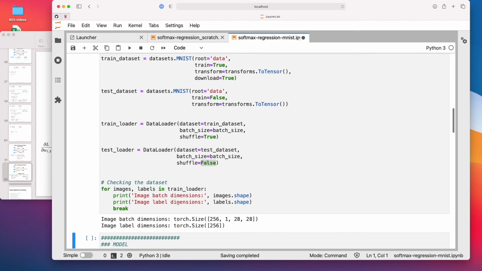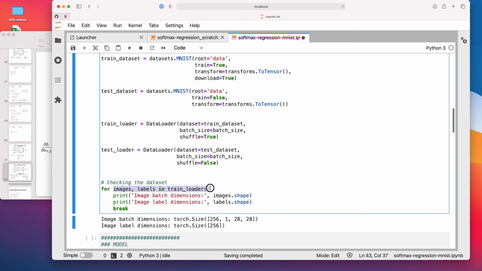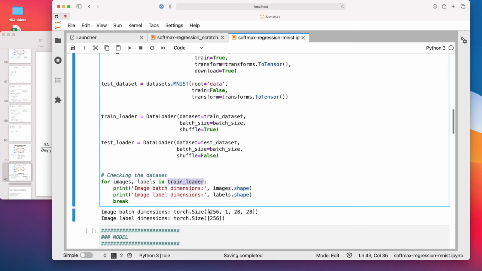Here, just for completeness, this is more for verifying that everything looks good. So here I'm just having a for loop over the images and labels in the training loader just to make sure everything looks okay. And you can see it's loading the images in this NCHW format. The batch size, the number of color channels. We only have one color channel because MNIST is black and white.